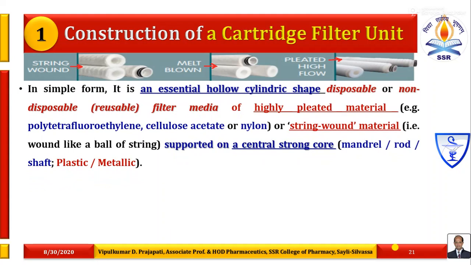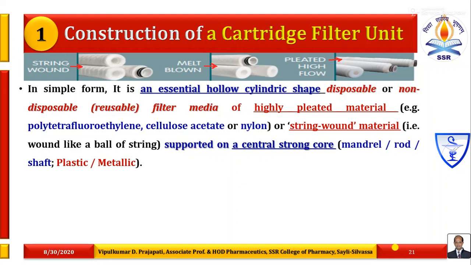In simple form, it is an essentially hollow cylindrical shape, disposable or non-disposable, meaning reusable, filter media of highly pleated material, for example polytetrafluoroethylene, cellulose acetate or nylon, or string-wound material, that is wound like a ball of string.